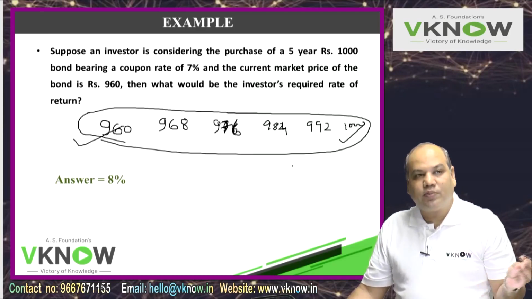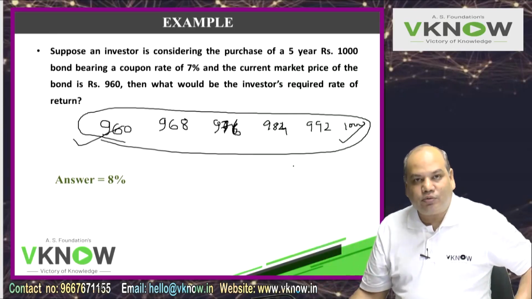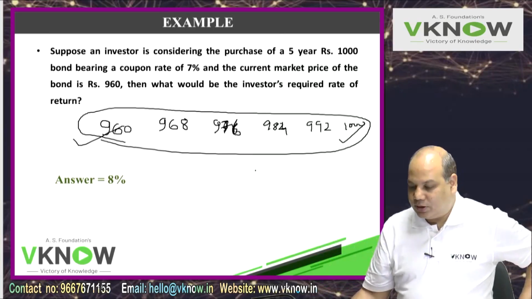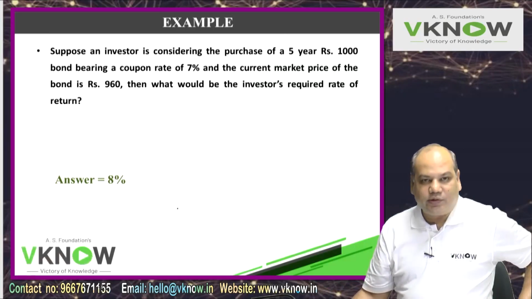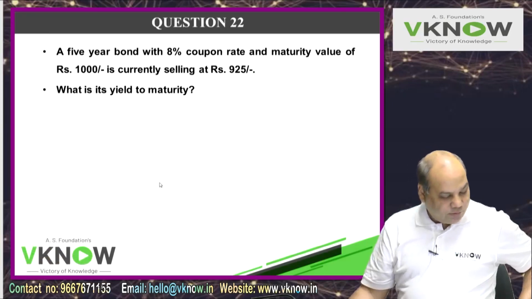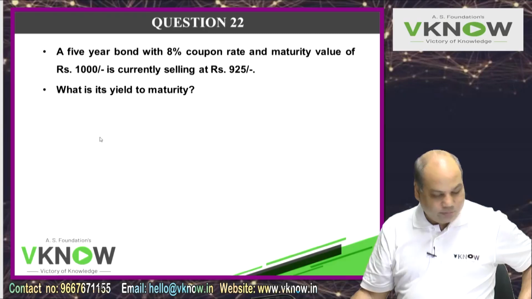And now visualize a problem which has 25 years. Are you going to write all 25 numbers in the denominator? No. If you are getting the same answer, it is better to simplify. And as it is, this is an approximate answer. So this was my example. Now I am going to practice one question today.